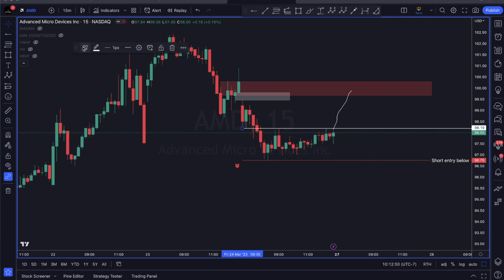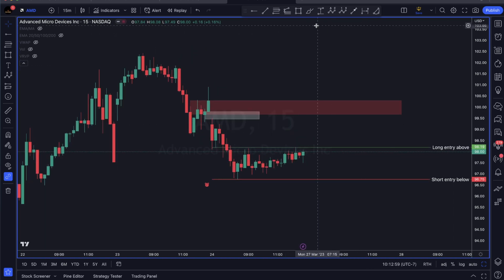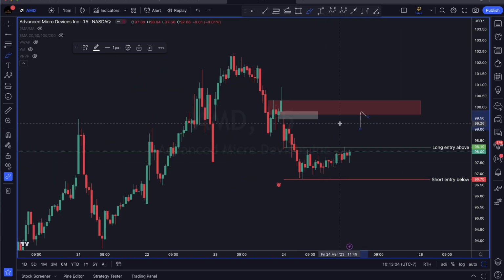Let's say this is my call actionable zone. 15-minute long entry above, only for scalp. Right? Long entry, and price goes to the supply zone. Price entered the supply up here, tagged it. And then how would I take